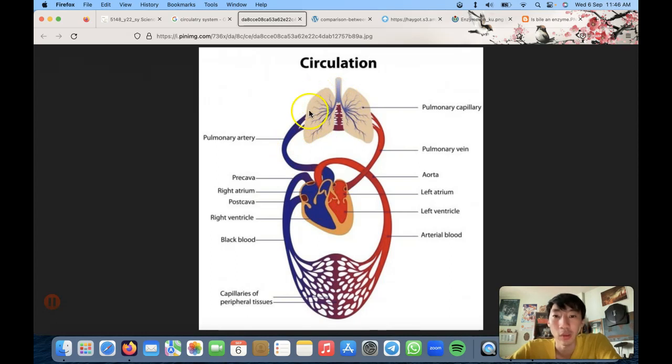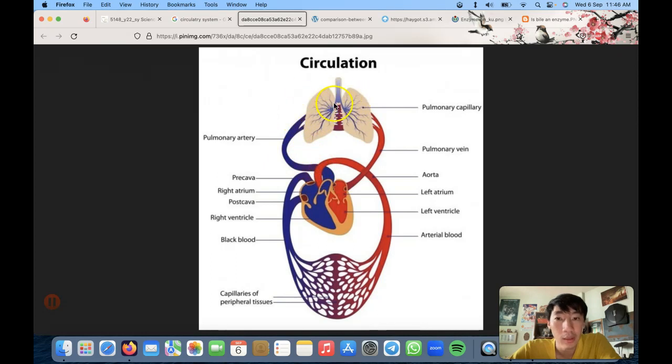Some people get very confused because they say, oh, it's blue. Blue must be vein. Blue is always vein. No, that's false. That's a misconception. A lot of people have this misconception. This actually is what we call an artery, right? It's an artery over here, because it's carrying the blood away from the heart and to the lungs.